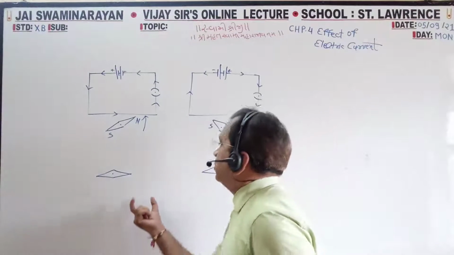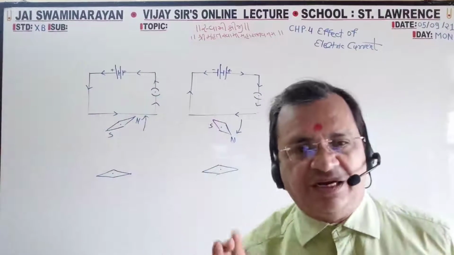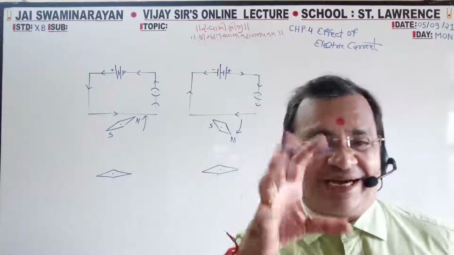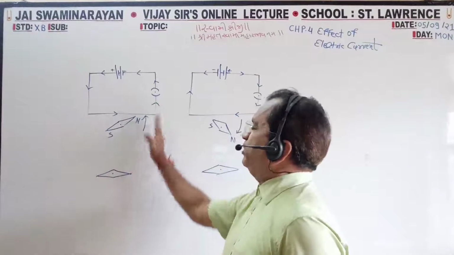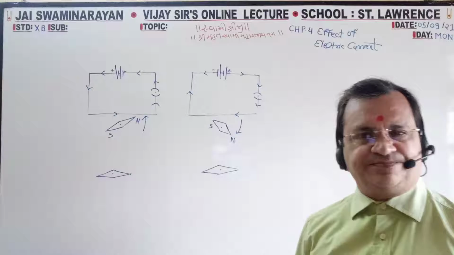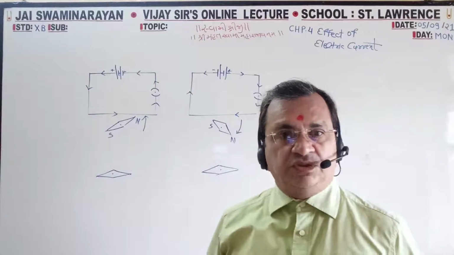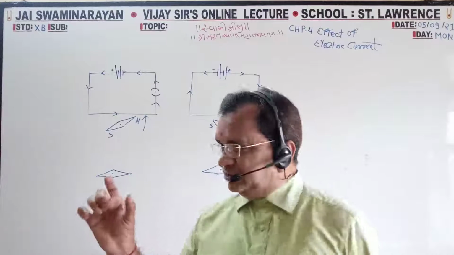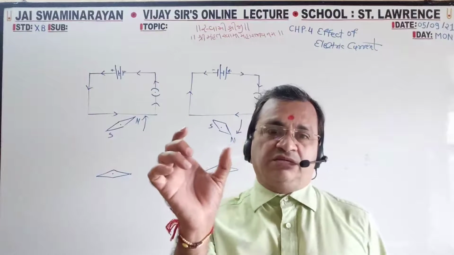When it comes closer, in that direction of electric current, the north pole will attract. See, you can see this side, no? So the north pole will attract this side, not this side. Here it was steady, north and south. Now when it comes closer,